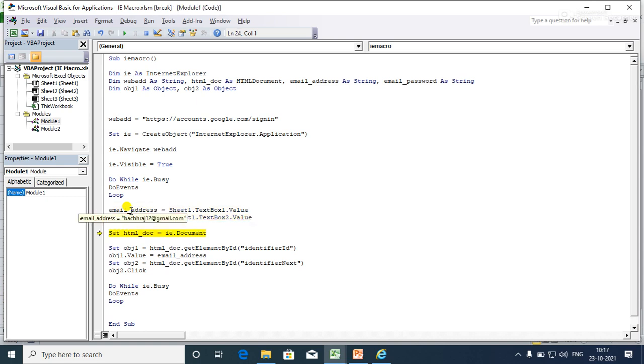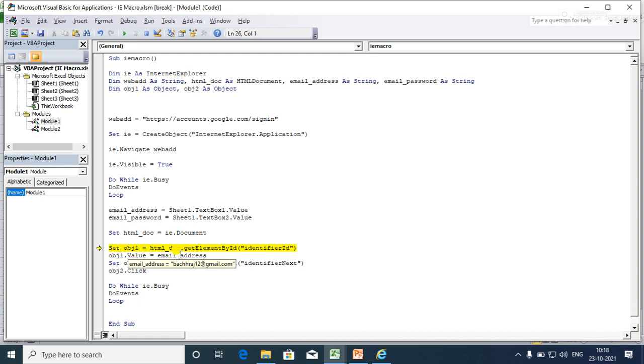Here I have the password, and I store it in this as well. Now I have declared an HTML doc as an object, so I'll set the Internet Explorer document, that is the HTML document, into the HTML doc object. Now I'll press